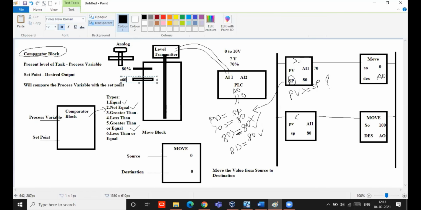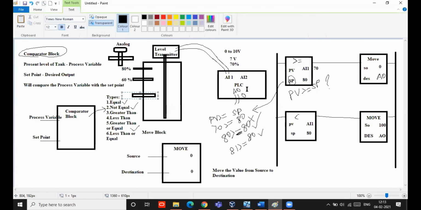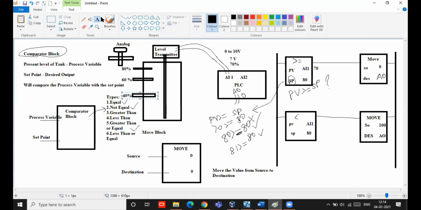So if tank level is 60%, valve should be some 70% open or 75% open. If tank level is 40%, valve should be some 50% open, like that.